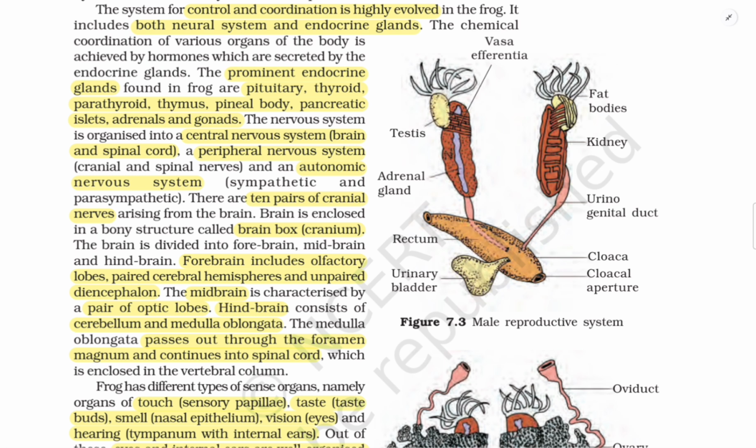The brain is divided into forebrain, midbrain, and hindbrain. Forebrain includes olfactory lobes, paired cerebral hemispheres, and unpaired diencephalon. The midbrain is characterized by a pair of optic lobes. Hindbrain consists of cerebellum and medulla oblongata. The medulla oblongata passes out through the foramen magnum and continues into the spinal cord, which is enclosed in the vertebral